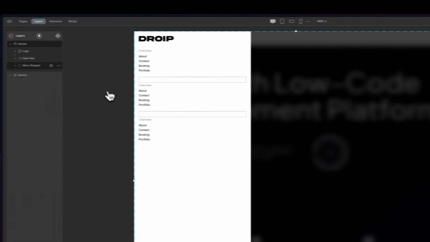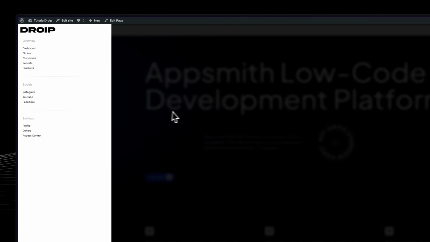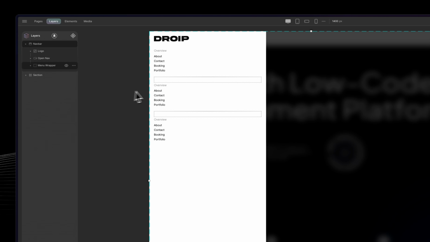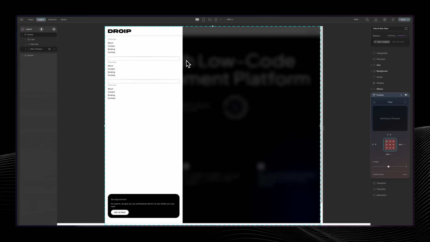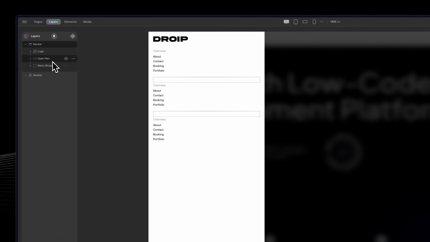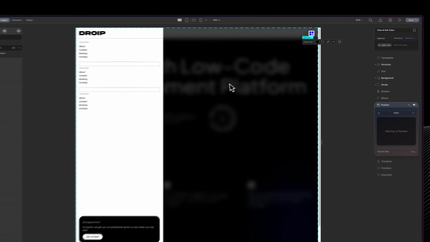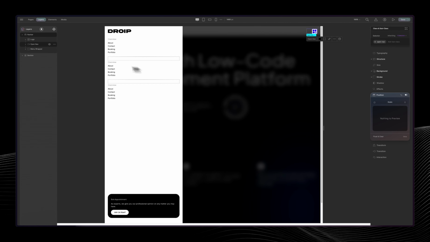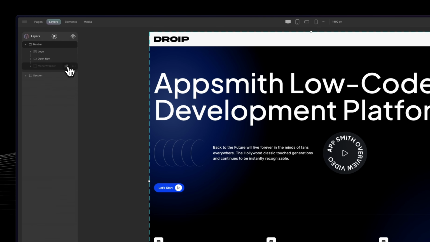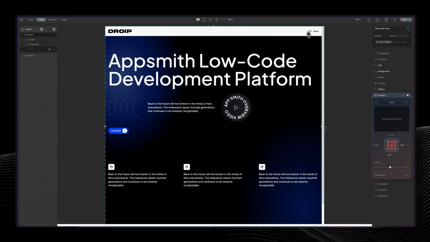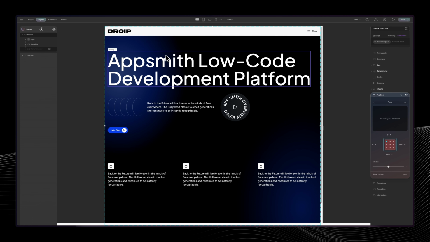The next thing is to create the effect that we do want, that when you click, it happens. To do that, we want to animate this open nav button over here. So I'm going to click on this menu wrapper and just hide it. We want to animate it so that when we click on this, it pulls it from the left and brings it into the screen. All right, so